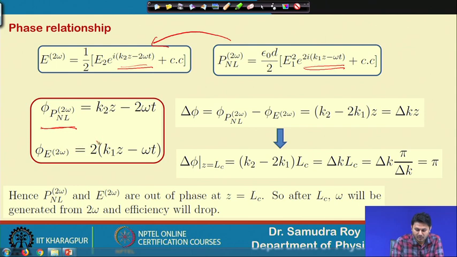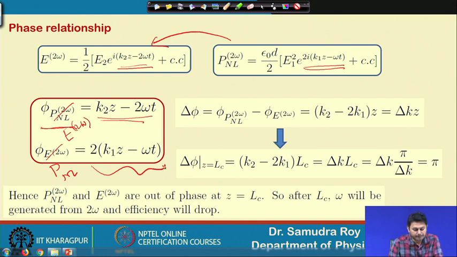Okay, this is written wrongly. So, this phase should be this phase, and this quantity should be E 2 omega. This is the phase of the 2 omega frequency. The 2 omega frequency gives rise to the phase k 2 z minus 2 omega t, and for the phase of the nonlinear polarization, the suffix is reversed here somehow, so please note that. Then the phase is 2 k 1 z minus 2 omega t.